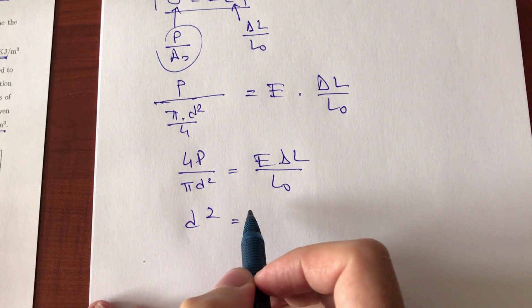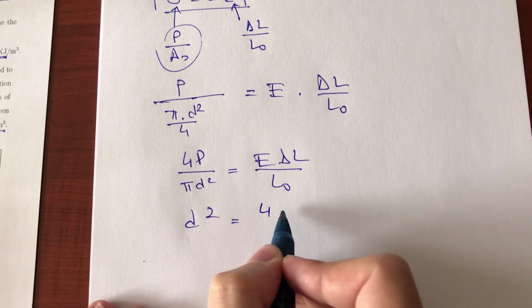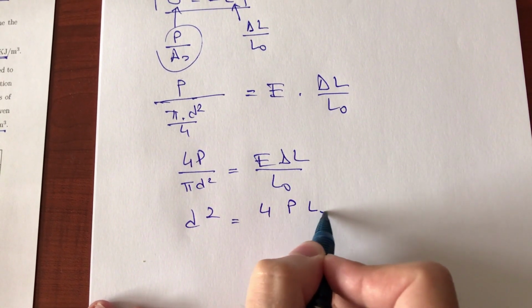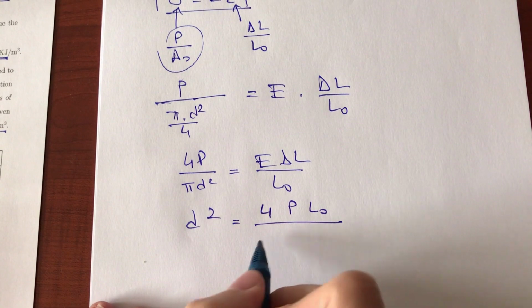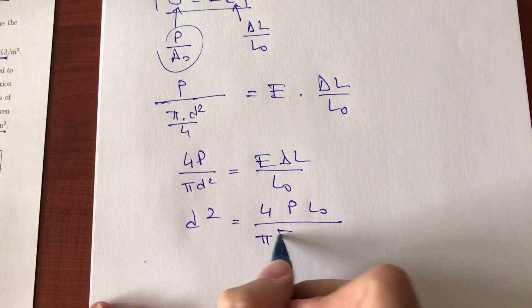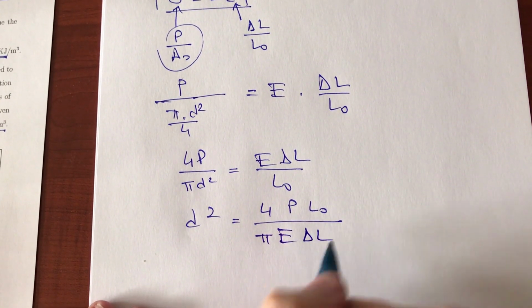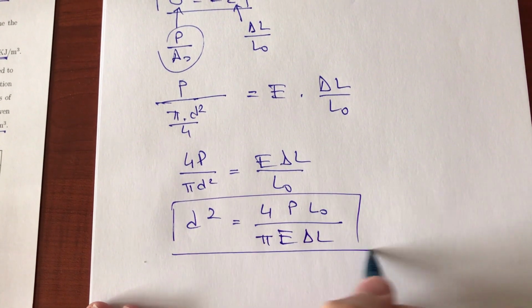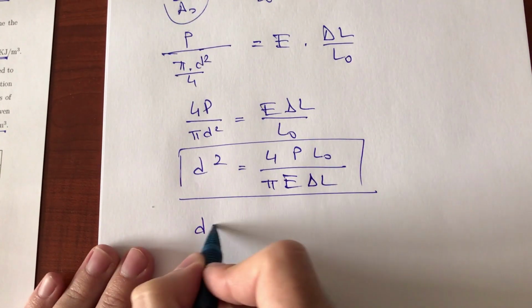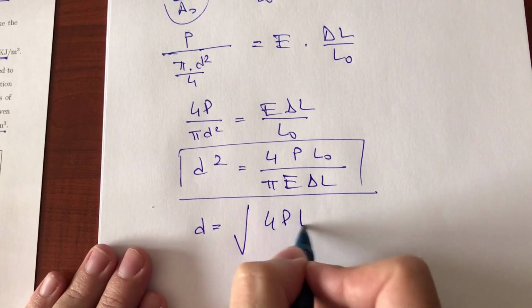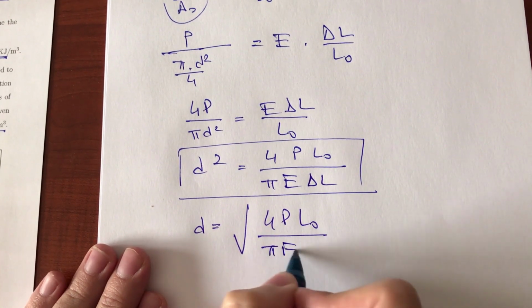What you will get is 4 times the load times L0 divided by pi times Young's modulus times delta L. And square root of that is going to give you